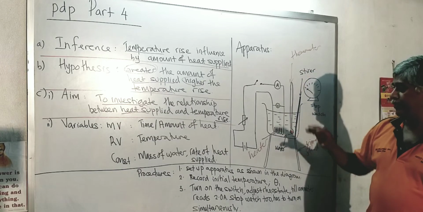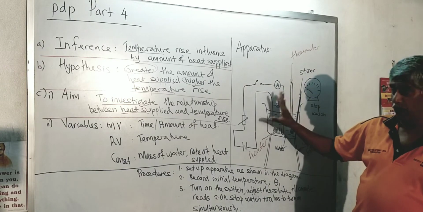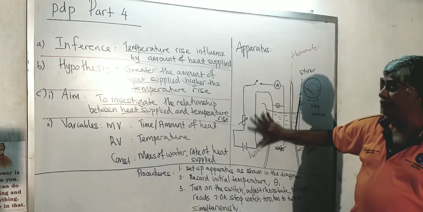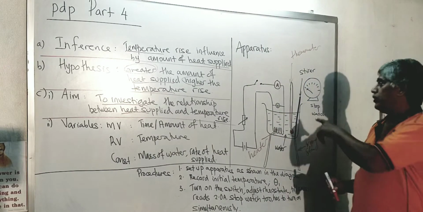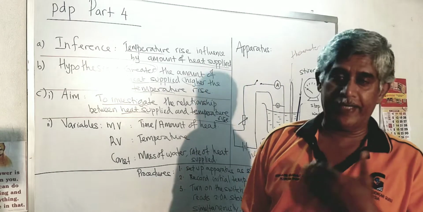Usually you label the diagram. Here I only partly labelled, I want you to label fully, and whatever you label here, you write down. Usually we don't draw the stopwatch, but here I drew it. Okay, another way of testing